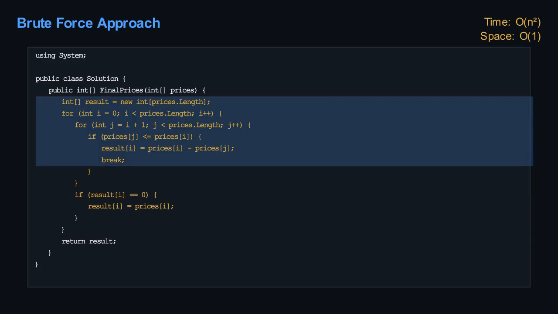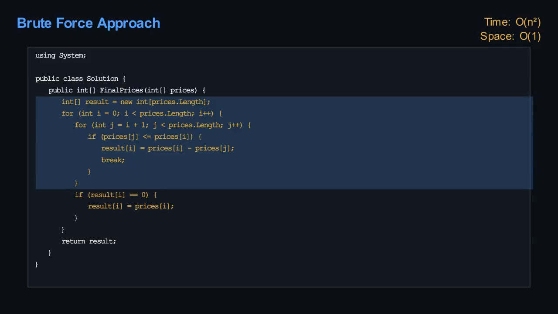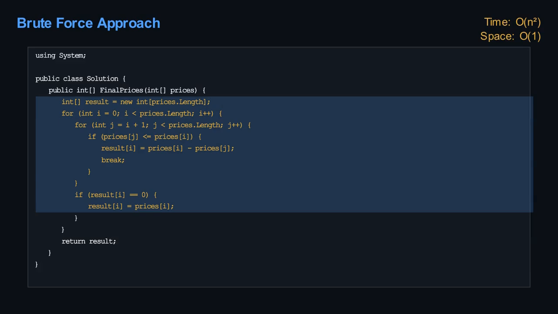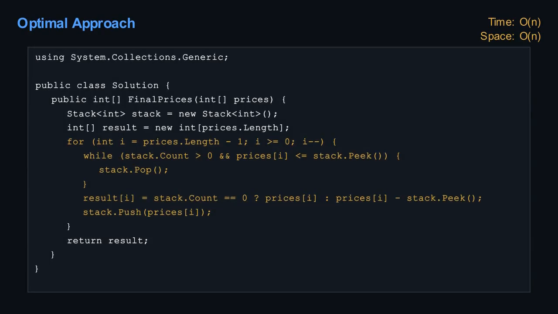This method works, but the inner loop for every outer loop iteration leads to a quadratic time complexity, O(n squared), because we're repeatedly scanning portions of the array. Space complexity is O(1), constant, if we modify in place, or O(n) for a new result array. The key insight here is recognizing a next smaller element pattern, which is often solvable with